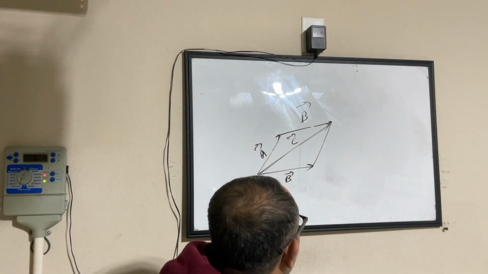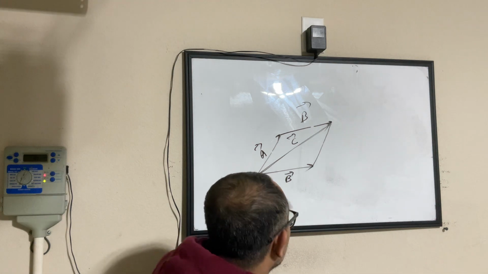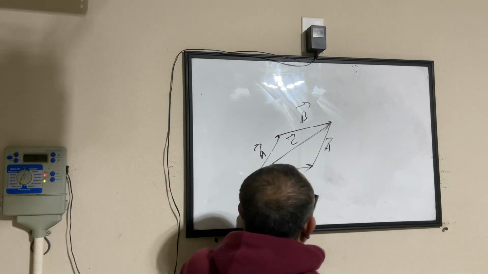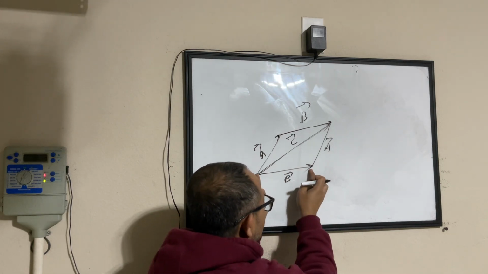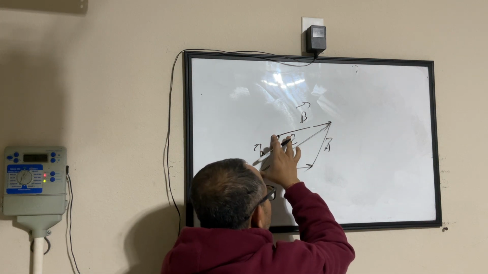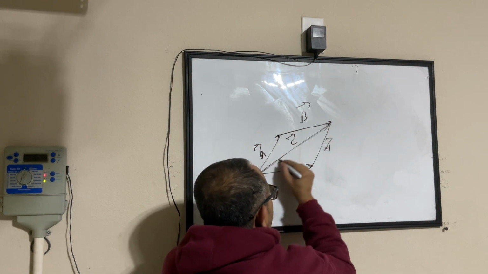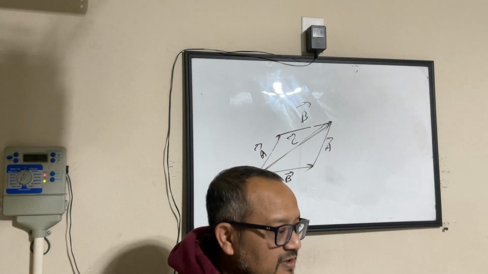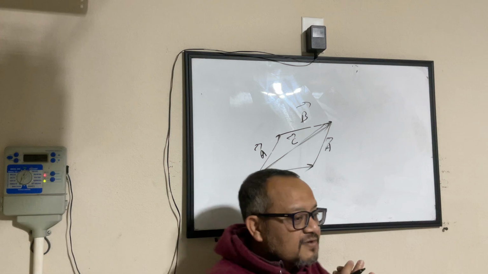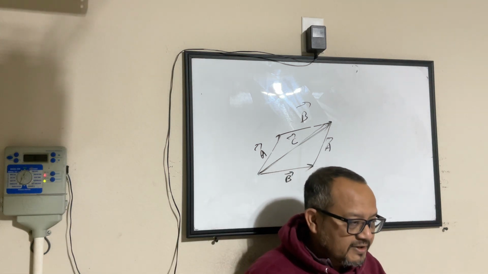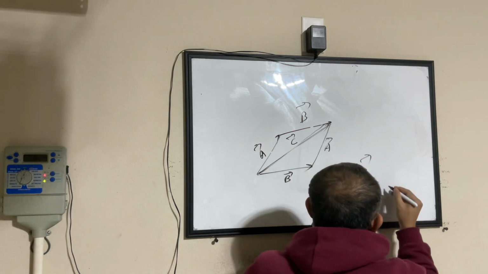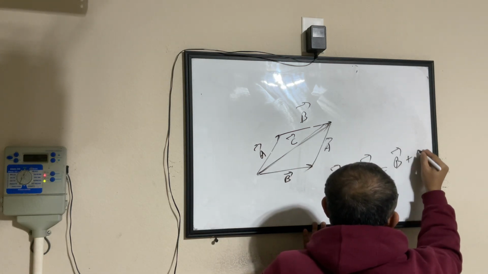You don't really have to scratch your head to struggle with this. If you just look at this picture, this is your B and this is your A. Now you have two options. You take B as a base, connect A, or you take A as a base, connect B. Whatever be the case, this diagonal is your resulting vector always. And we already know A plus B gives you C. We are just visualizing this like a parallelogram. That's the only difference. And what this means is, be it A plus B or be it B plus A,